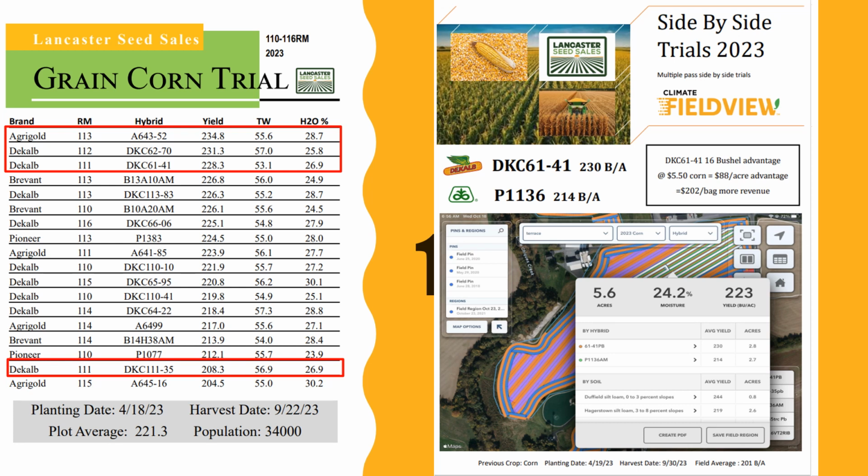So next thing we're going to look at, you can see in the bottom of the plot here, I've highlighted in red, DeKalb 111.35. New hybrid last year, had a little bit of it to test this year. Had some plot issues with it this year, decided to show it anyways. Really didn't do well at all in the plot. I think we had some plot seed issues, and one of the reps was really bad,